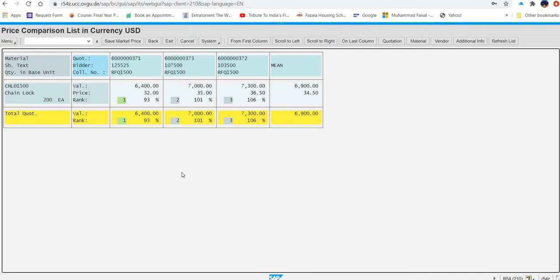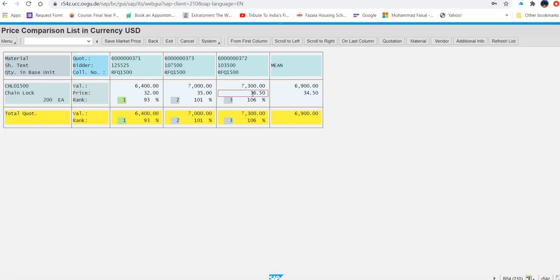Now determine the vendor that you are going to do business with, the lowest price quotation, by rejecting other two. To do so, double click on the quotation number with 36.5 USD and select R. So where is 36.5 USD? Here, this one. So you click on this and select R, rejection indication.